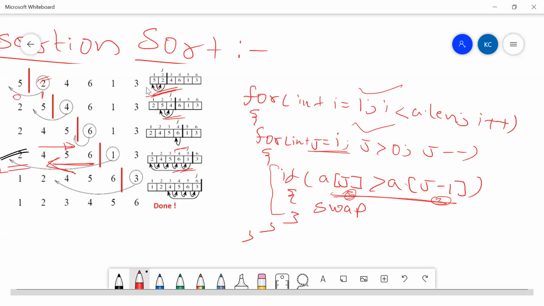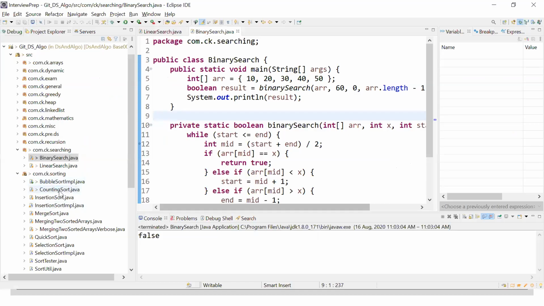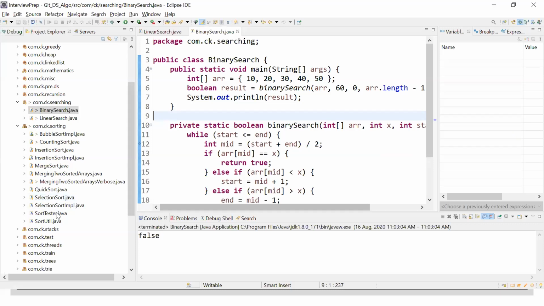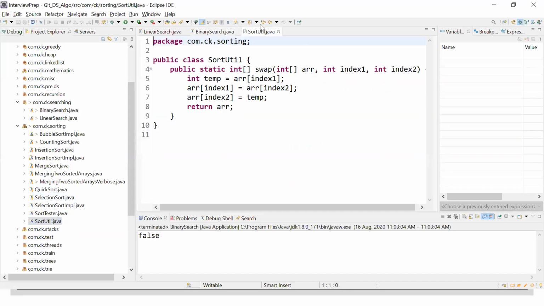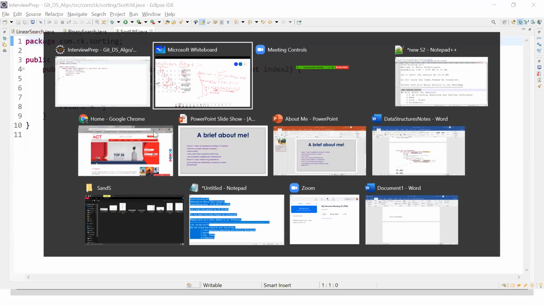So when you try to swap two elements using a temporary variable, how do you do it, guys? How do you do this? It's simple. What I wanted to show you now is sorting. How do I swap? Whenever I need to do swapping between two elements, I write a simple pseudocode, something like this.